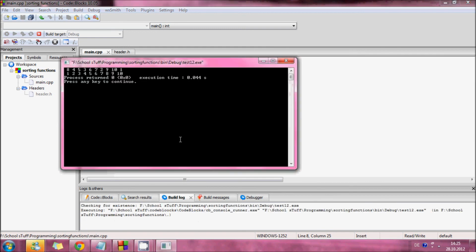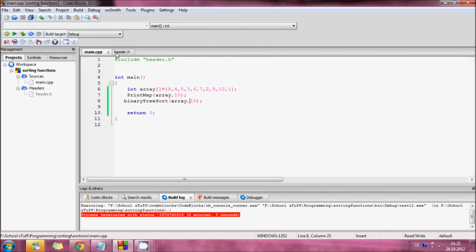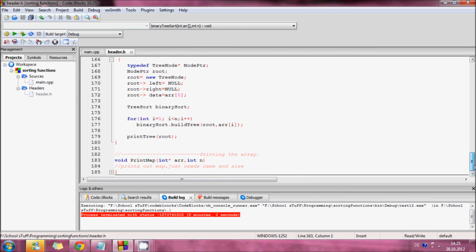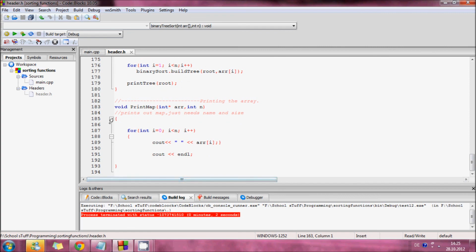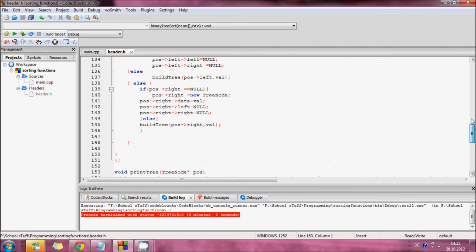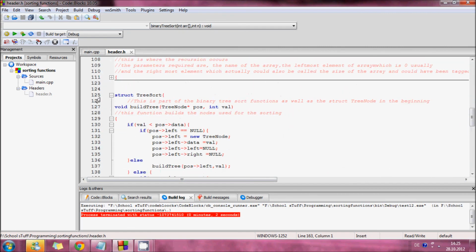And this is just again the print map function where it just prints out the array. These are all the functions that I'm using. There. Then